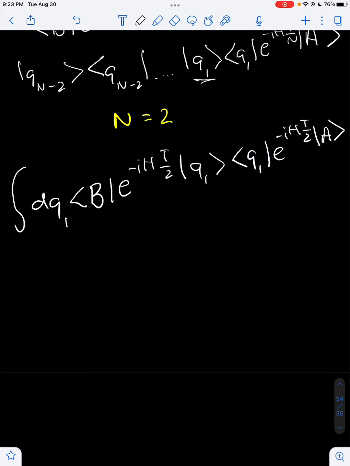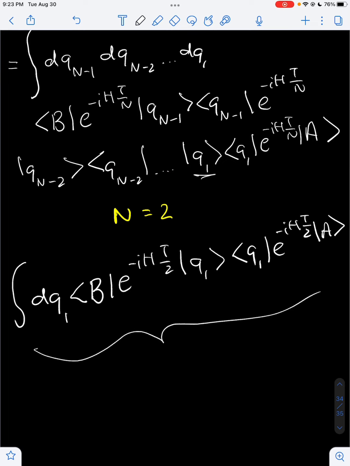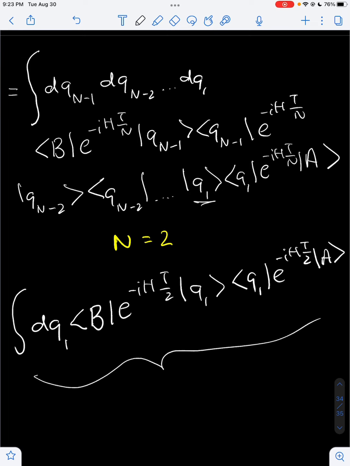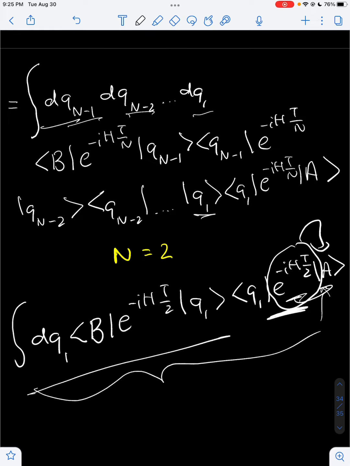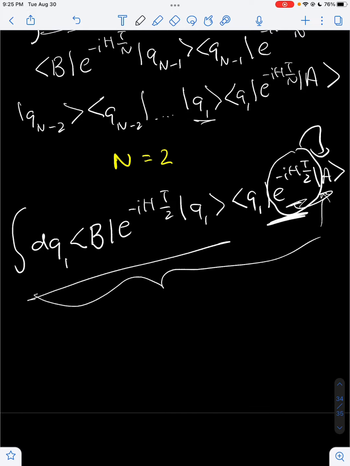That's our answer. This is our answer for the case where n equals 2. For 2 time slices, here was our answer. So we can see why we started at n minus 1, because that last time slice is going to a. So in this case, if we had n equals 3, that would be the integral over dq3